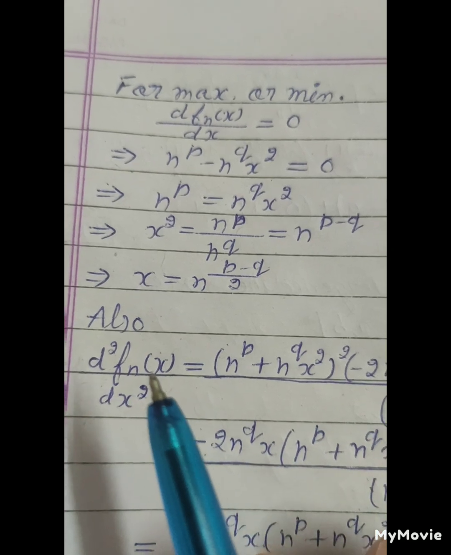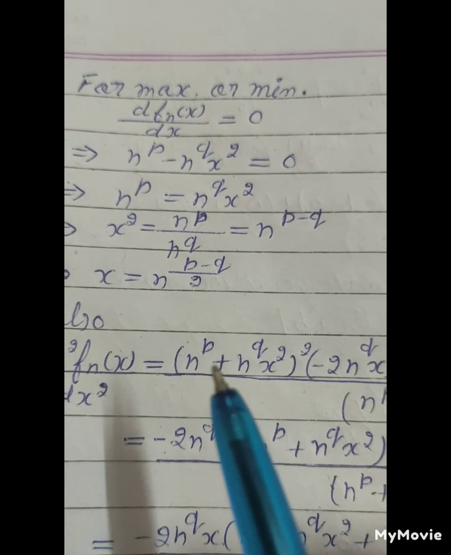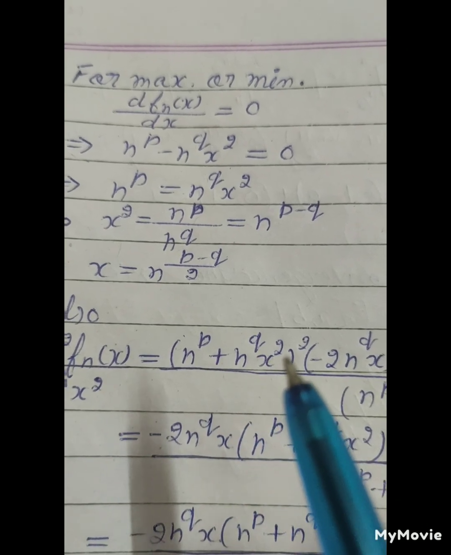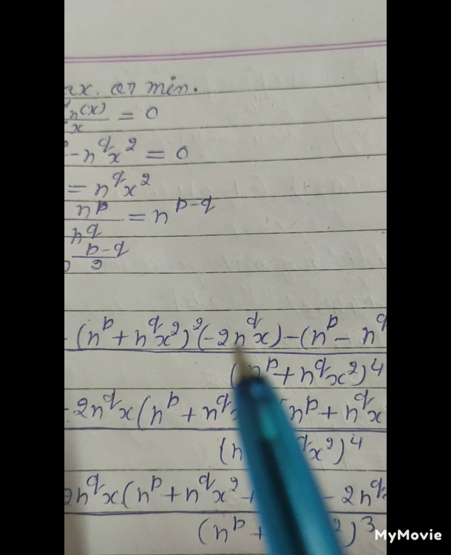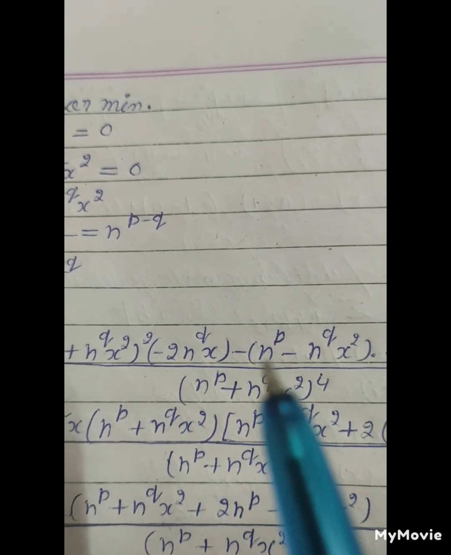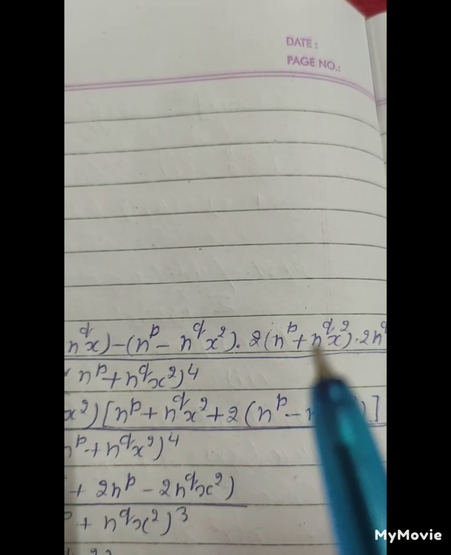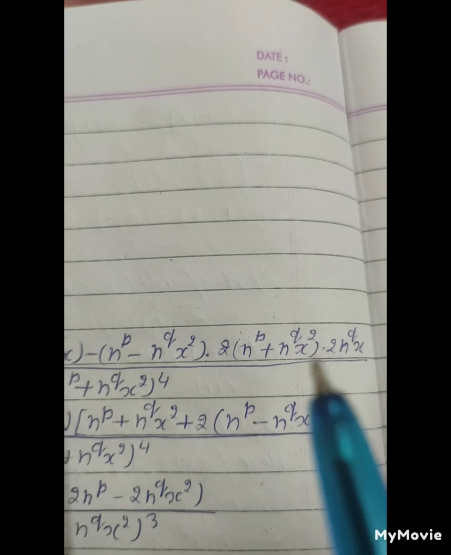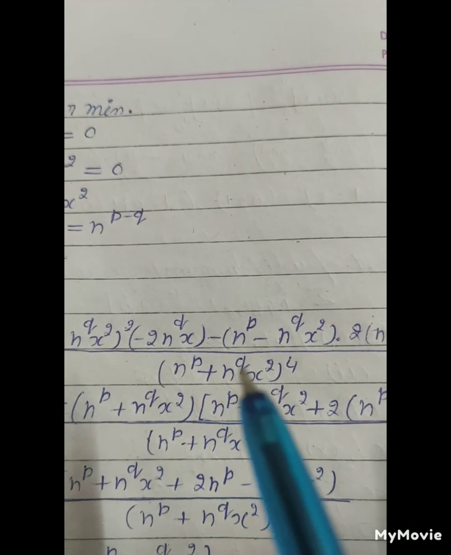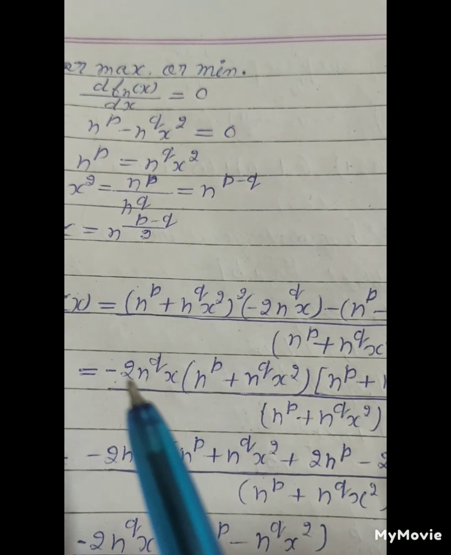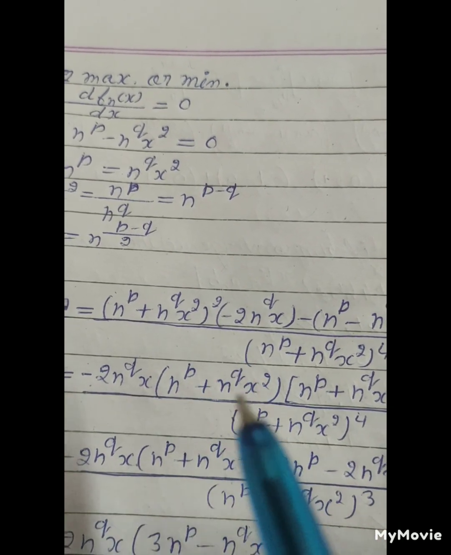Also, again differentiation of f n with respect to x, so d square f n x upon dx square equals n raised to power p plus n raised to power q into x square as it is, differentiation of second term is 2 minus 2 n raised to power q x, minus n raised to power p minus n raised to power q into x square as it is, and differentiation of second term n raised to power p plus n raised to power q into x square into, again this is containing the term of x, so 2 into n raised to power q into x, upon n raised to power p plus n raised to power q into x square whole raised to power 4 equals minus 2 n raised to power q x, n raised to power p plus n raised to power q into x square